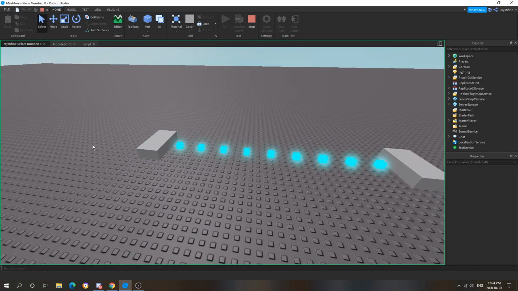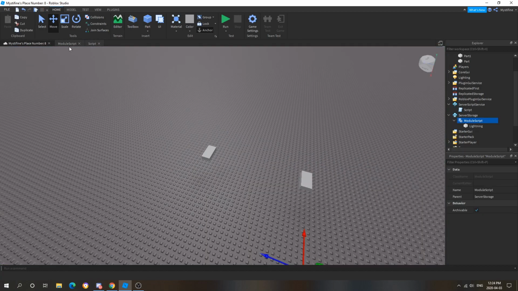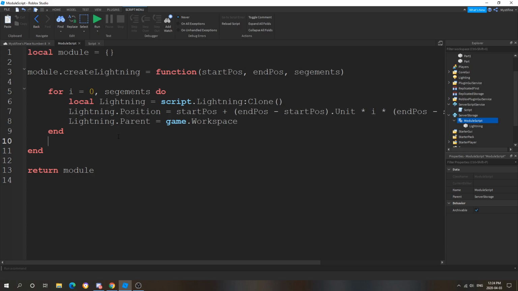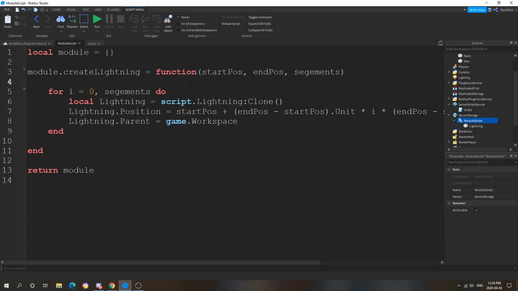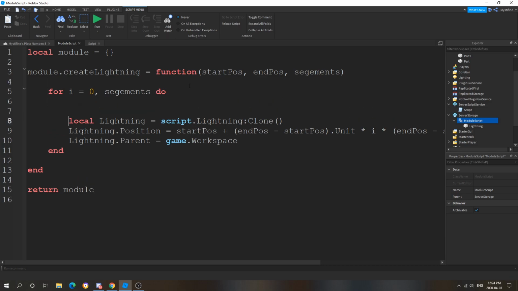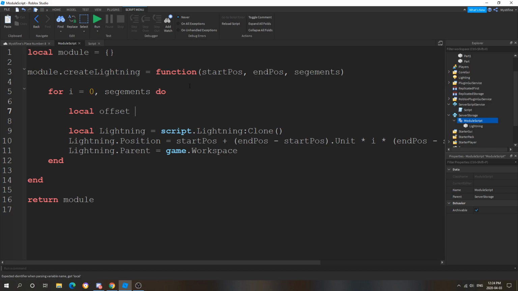But before we do that, it's a straight line, so we don't want that. We want something more unique, more lightning-like. So this is where the offset comes in. So we're going to add an offset. Local offset. It's really important to keep it inside the loop because you want the offset to be random for every single point. If you put it outside, it's going to stay the same, and you're just going to have a linear line at a different offset. And we're going to do Vector3.new(1, 1, 1),